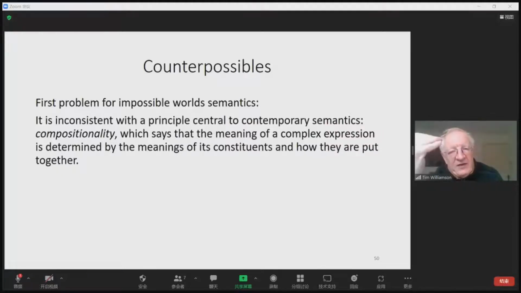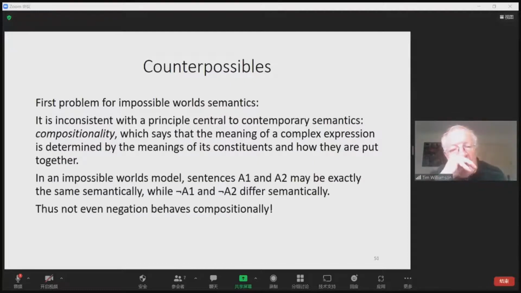And the point of this is that this is what enables speakers to understand new sentences. It's because the meaning of these new sentences, which they've never heard before, is determined by the meanings of, for example, the words in them and the way those words are put together syntactically. So the impossible world semantics violates this. So, for example,